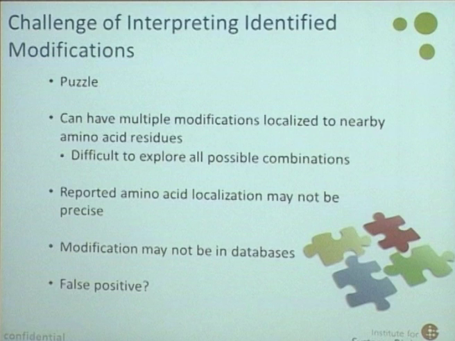You're getting presented with so much data on modifications, trying to understand all of this information. And we have multiple modifications being localized in nearby amino acids, so it becomes difficult to explore all of those combinations. And in the end, we can report localization sometimes precisely, but sometimes within groups. And then the modification may not be in a database, and we're still trying to understand how many of those